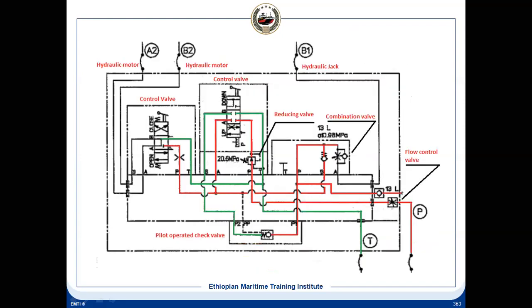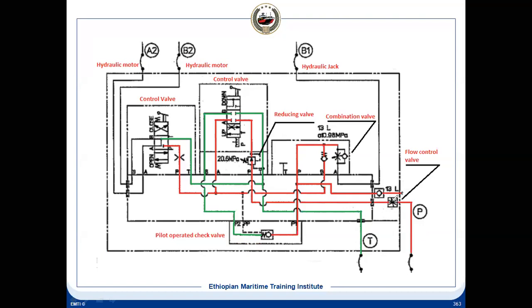So this is the system. It is the same, coming from the power pack. This is the pressure line, and this is the return line, and there is a restrictor so that flow can be controlled, because the hatch cover should open slowly. It should not open very fast. With the momentum, it is a very heavy mass, so it can damage things, and the hatch cover itself will also get damaged.